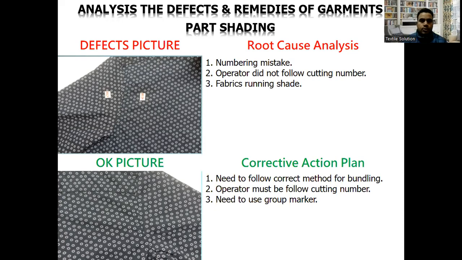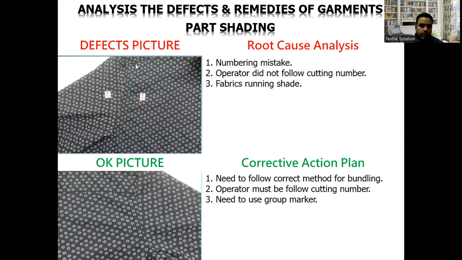Today I'm going to discuss the shading fault of garments. Everybody knows that shading of garments is a major fault and that is not accepted by the buyer. If we look at the picture, there are two pictures. One is the defective picture, another is the okay picture. In the defective picture, if we see